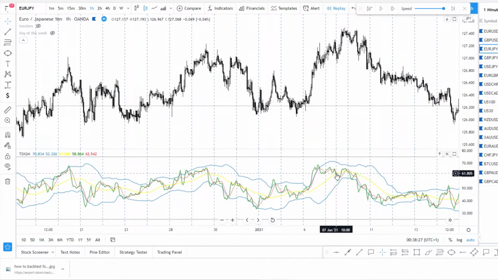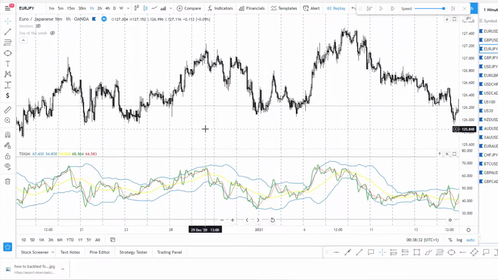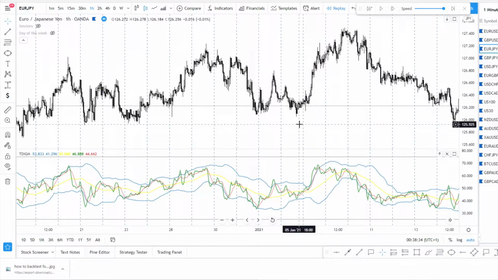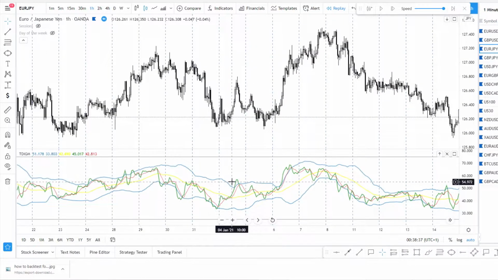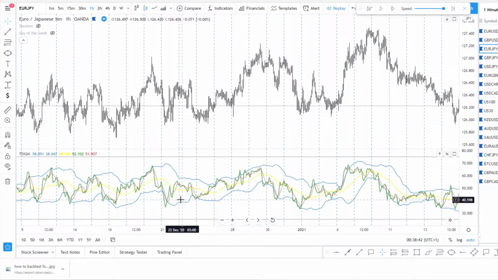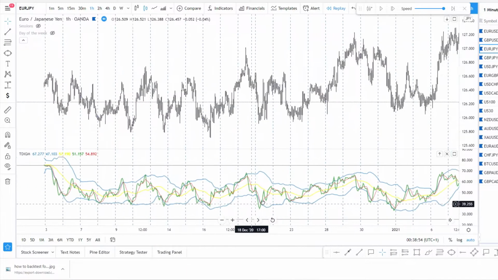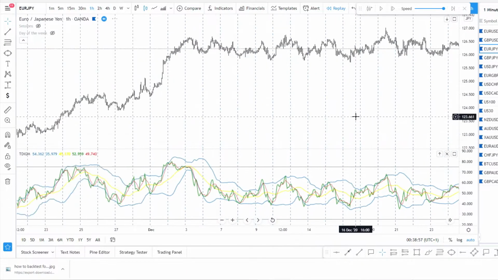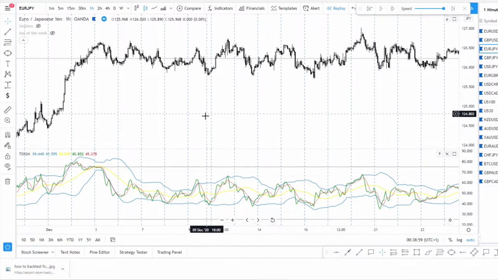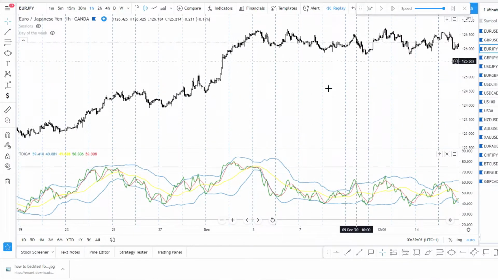So what you are looking for is, we are on Euro JPY. You want these impulsive moves to the upside or to the downside, and best is if this move is close to these lines, to 75 or to 25, but it is not necessary. As you can see, even if I go in some past results without hitting on replay,